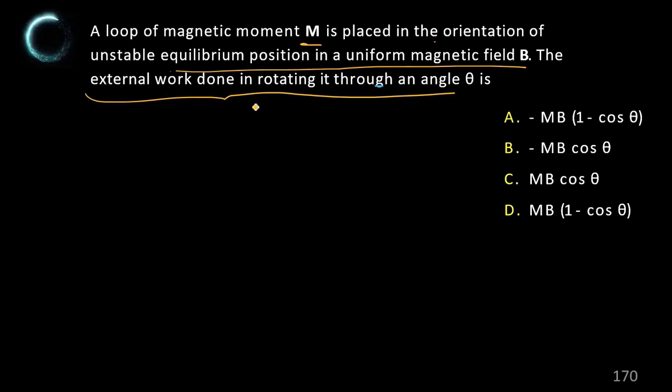Unstable ছিল মানে 90 ডিগ্রি ছিল। হ্যাঁ, আনস্টেবল মানে কি, টর্কটাকে ম্যাক্সিমাম করতে হবে। টর্কটাকে ম্যাক্সিমাম করতে গেলে আমাকে করতে হবে এম বি সাইন থিটা, তো থিটা 90 ডিগ্রি করে দিতে হবে। তো 90 থেকে তুই থিটাতে এনেছিস। তো বেসিক্যালি তোমার ওয়ার্ক ডান বাই এক্সটার্নাল, এখানে পরিষ্কার বলা যে এক্সটার্নাল ওয়ার্ক ডান ইন রোটেটিং বাই অ্যাঙ্গেল থিটা। তো এইখানে ওয়ার্ক ডান বাই এক্সটার্নাল এজেন্ট শুড বি ইকুয়ালস টু মাইনাস এম বি রাখতে হবে, কিন্তু cos theta 2 minus cos theta 1,